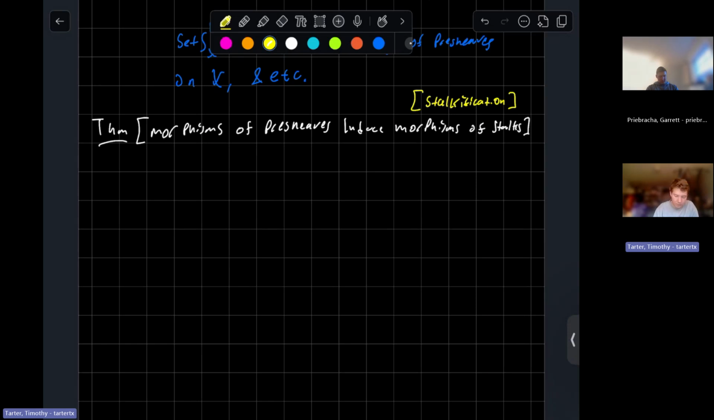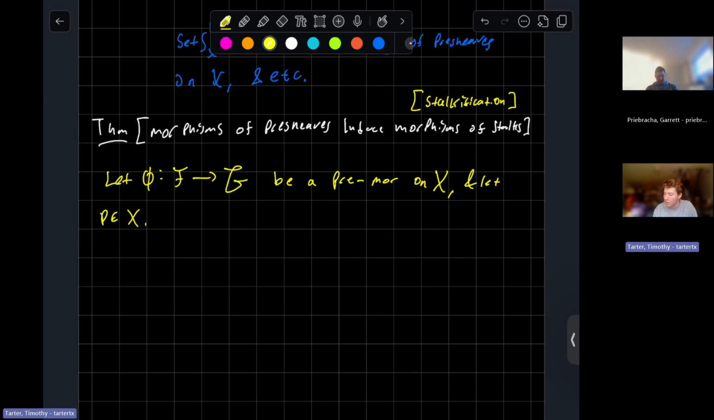Let phi from script F to script G be a pre-sheaf morphism on X, and let p be in X. Then there exists an induced morphism phi_p from F_p to G_p. And so what this does